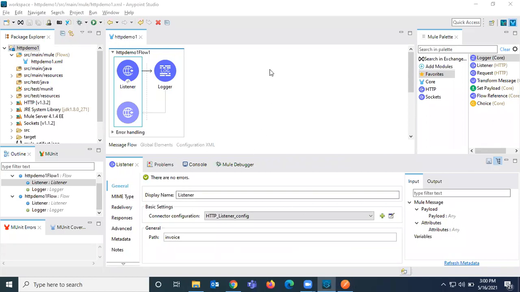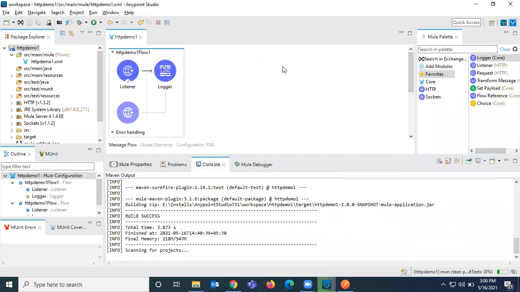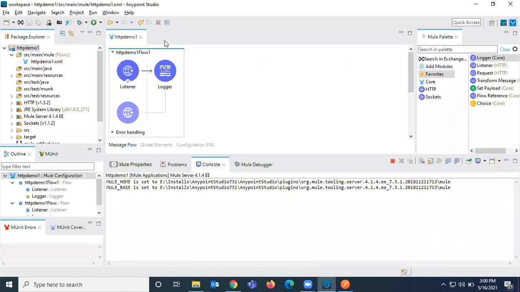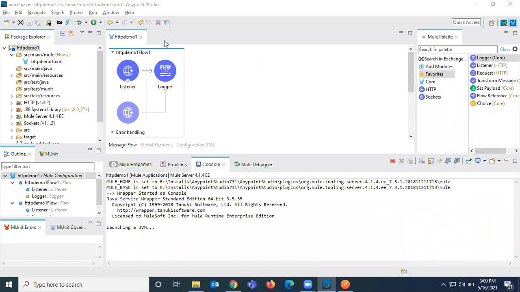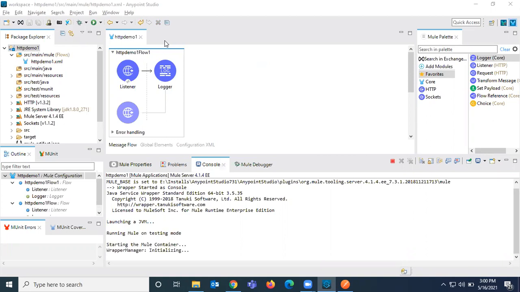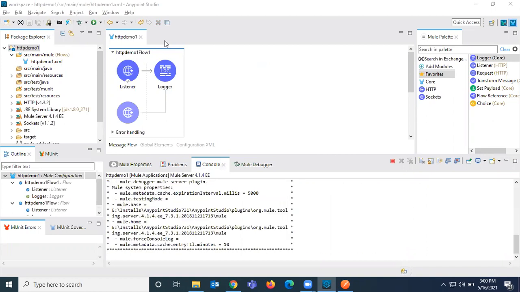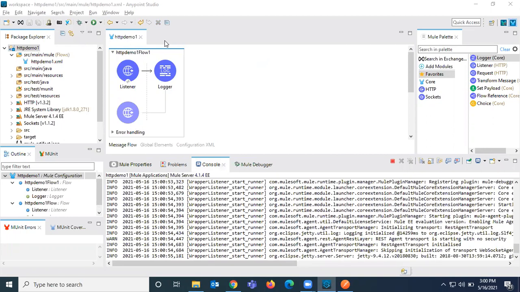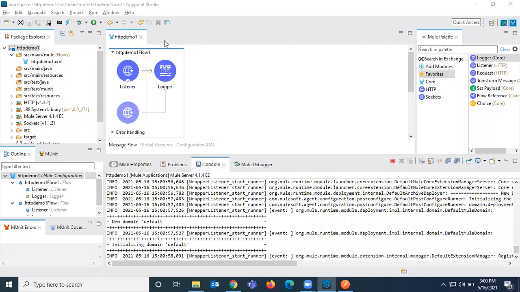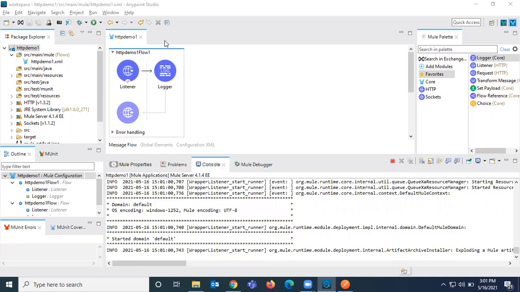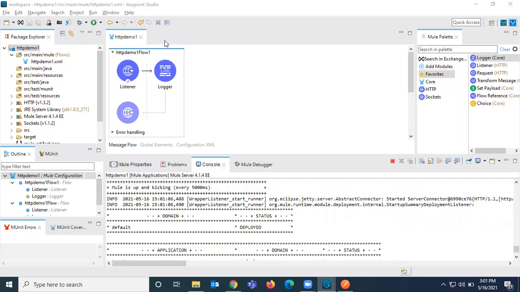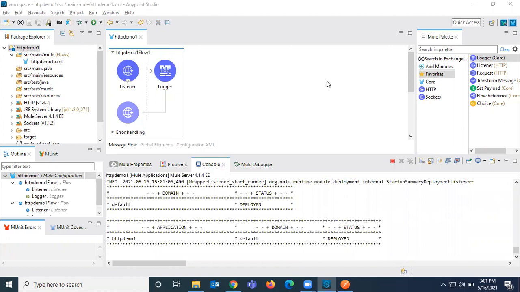So let us run this application. The application is deployed. This is the invoice API, /API/invoice, and this is the purchase order API.